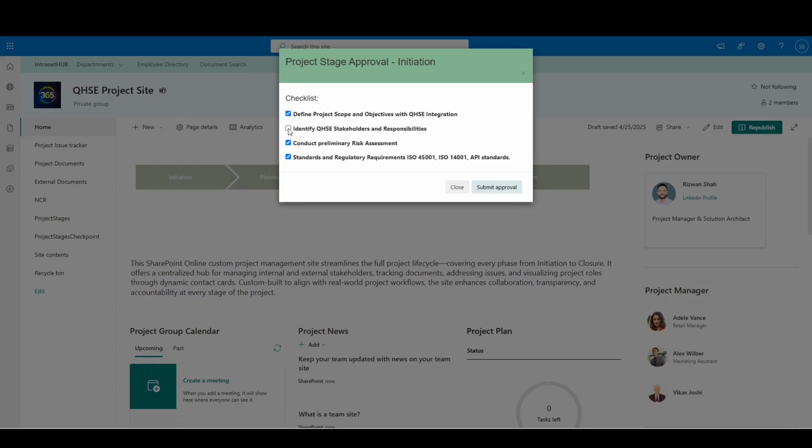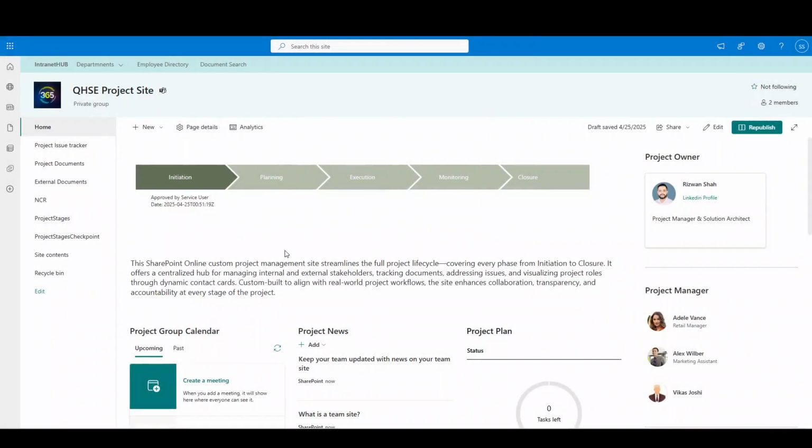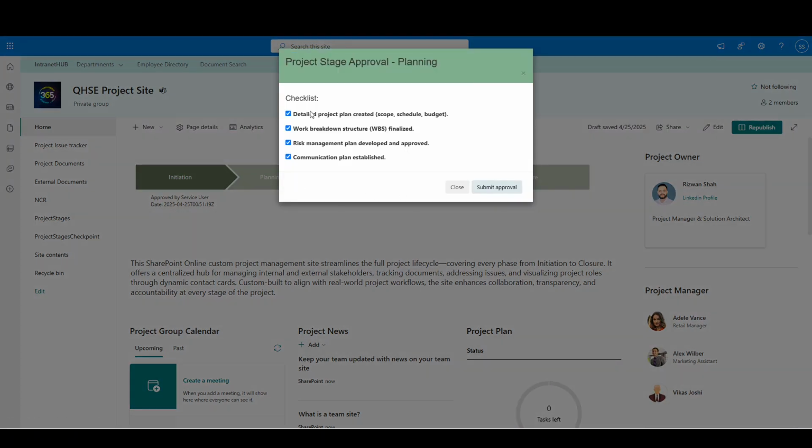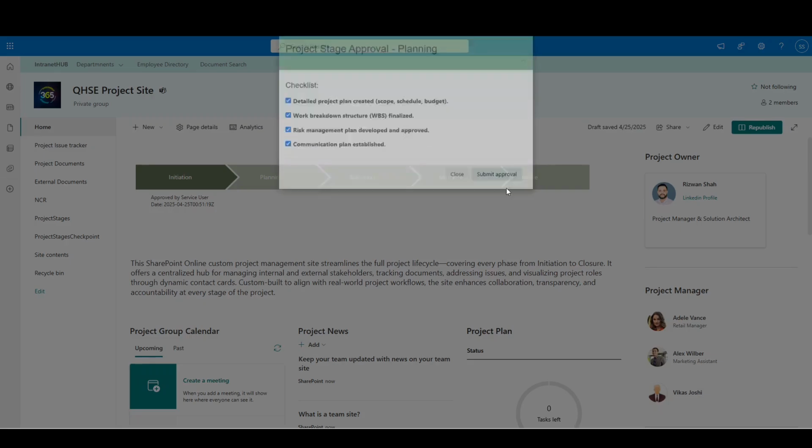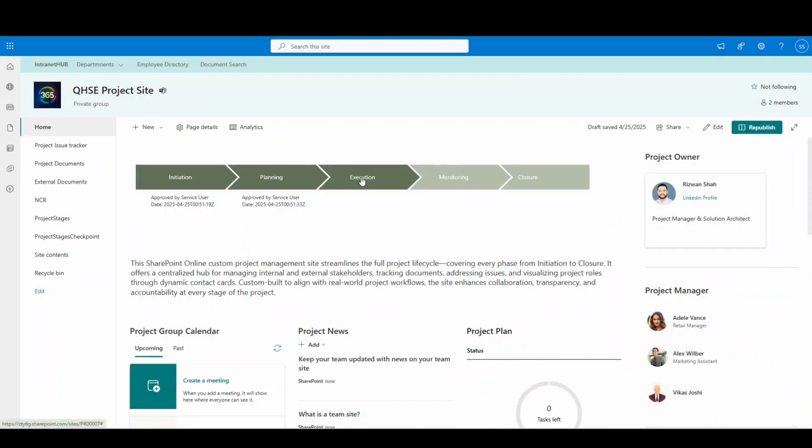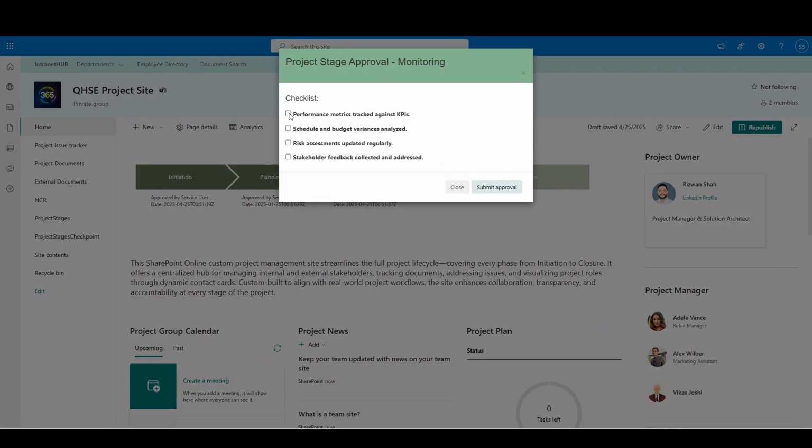Once the user completes the checklist, they can submit it for approval. And once that stage is approved, it gets the date and name timestamp of the approver, and it moves to the next stage. And once this is completed, this can be marked as submitted for approval as well, and so on. Once all these stages are completed,